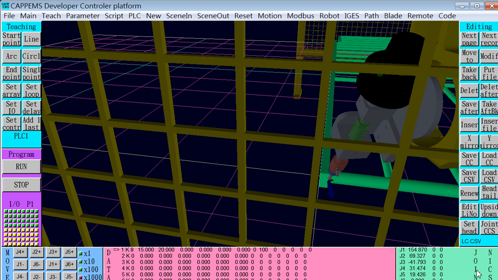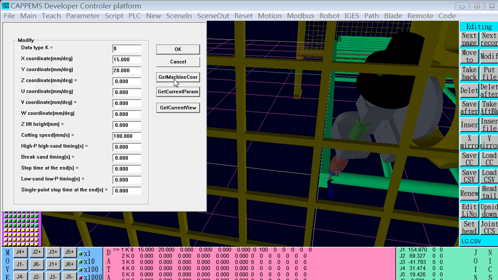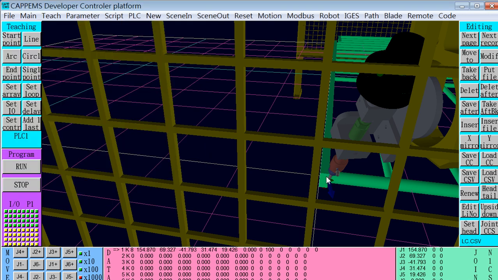Change back to joint mode. Replace the first point by modify. Get machine coordinates. Okay. The root, we have to create it inversely, so we have to insert a point in front. These two points are the same. After adjusting the pose to alter the first instructions,